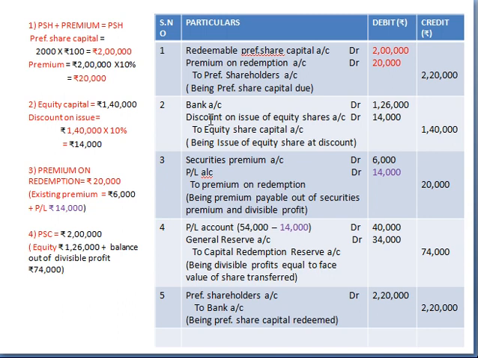Second is the existing premium to be used. So which is given in your problem, existing premium is 6,000. So we'll utilize that amount. Securities premium account debit 6,000. Now see the problem. So premium 20,000 to be payable, but now how much fund we have is 6,000 rupees. Still how much to be arranged? 14,000 will be arranged through the divisible profits. So divisible profit, first you have to consider the profit and loss account. So that's why I have debited the profit and loss account. Your entry is securities premium account debit 6,000, balance 14,000 from profit and loss account. So profit and loss account debit 14,000 to premium on redemption 20,000.